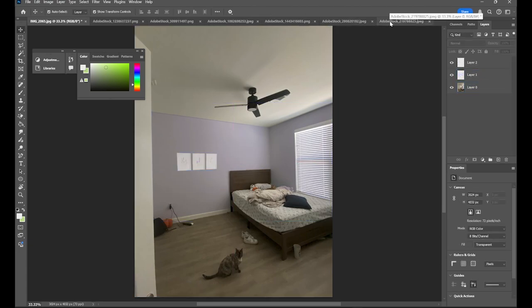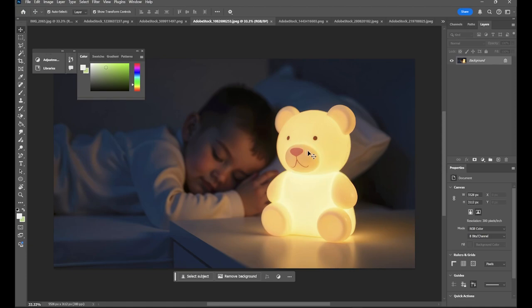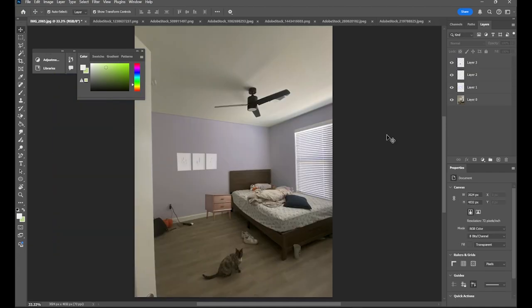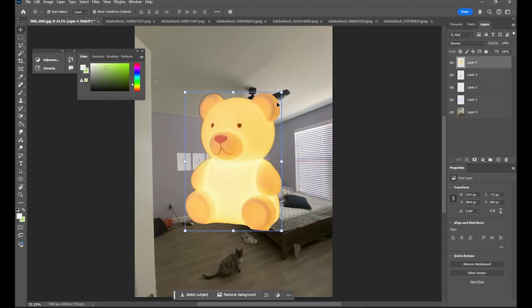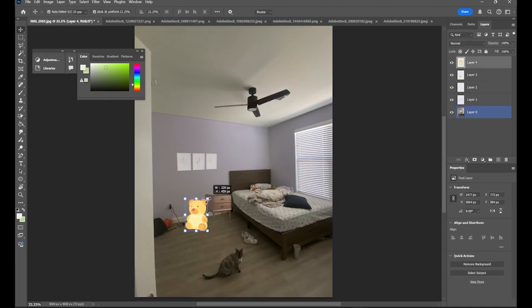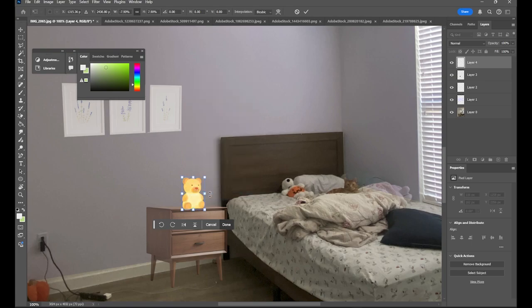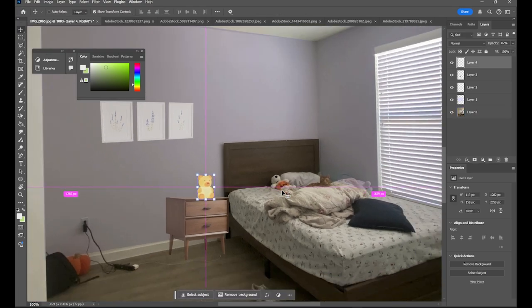I'm gonna add in a few more things. Let's say I just want to select one object in a picture. I'm just gonna hit select subject, and it will automatically select for me. I'm gonna make sure this is unlocked, and I'm gonna hit Control+C, go back to my original photo, and hit Control+V. And now I have it in here. I can just shrink it down and edit it to how I like. And I want to make it flip the other way, so I'm just going to right click on that and just hit flip horizontal. Now he's facing the other way. I'm just going to turn down the visibility on that just a tad bit. Gonna hit done, gonna zoom out.